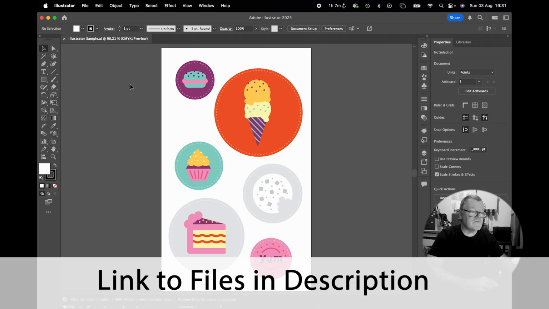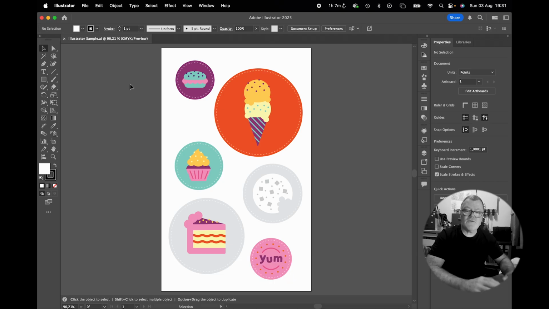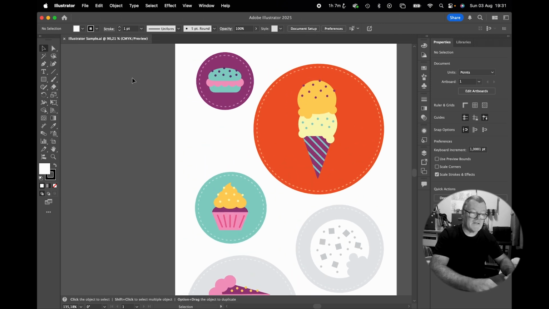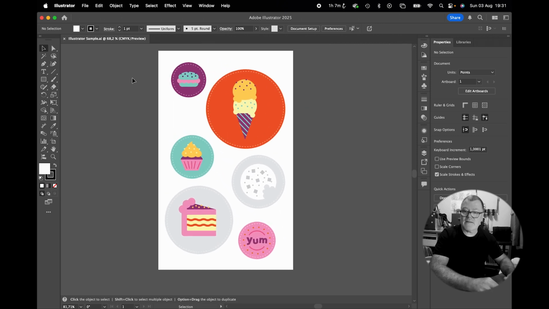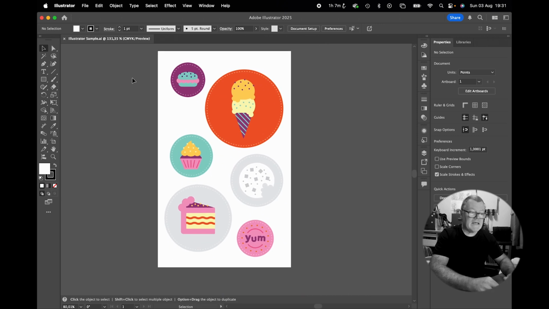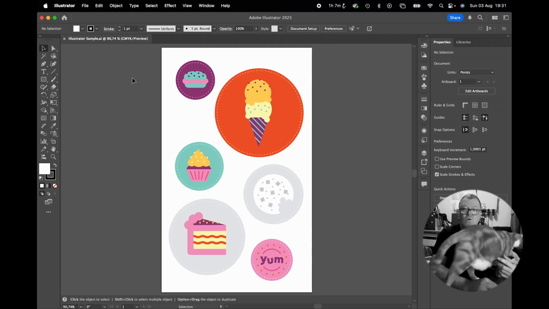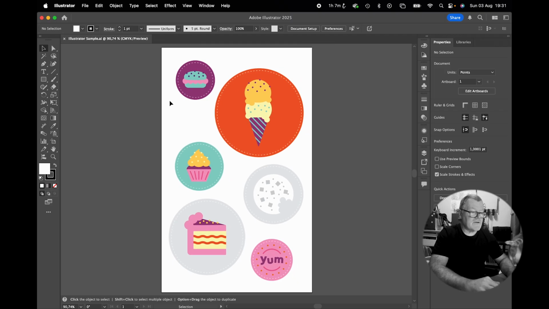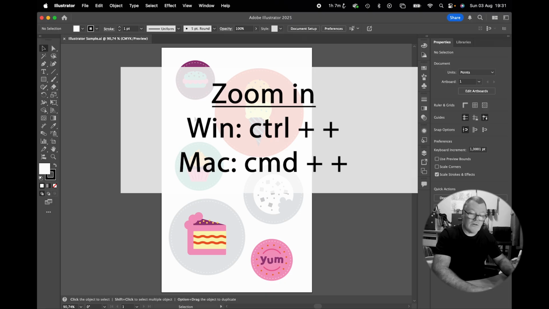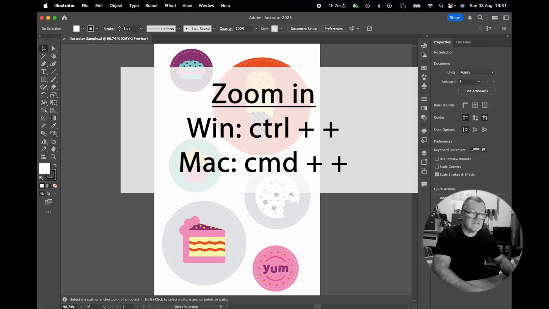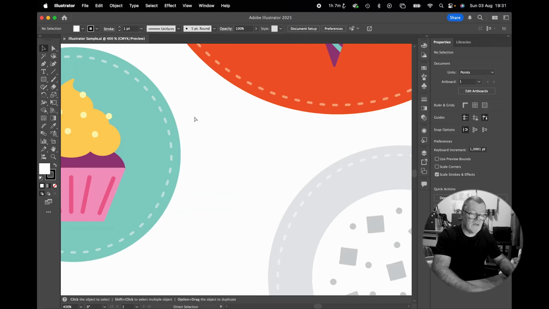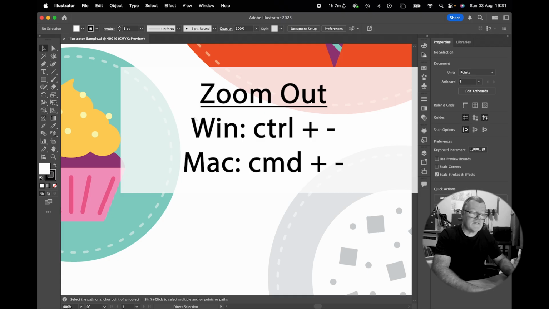So to zoom into a document, if you're on a laptop, you can obviously pinch on your trackpad to zoom in and out. I do not like that method. I find it completely inaccurate. So I would like to use something more accurate. So the way that I recommend you do it is using the shortcuts Control or Command plus to zoom in, Control or Command minus to zoom out,